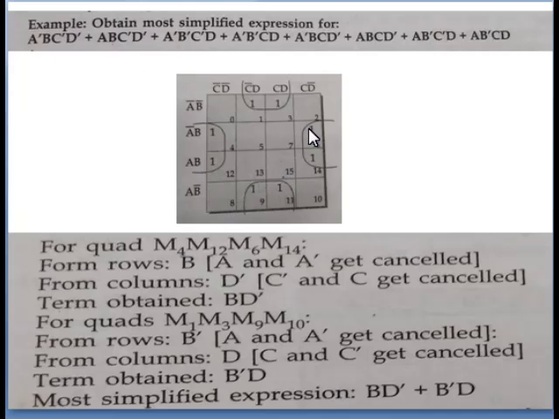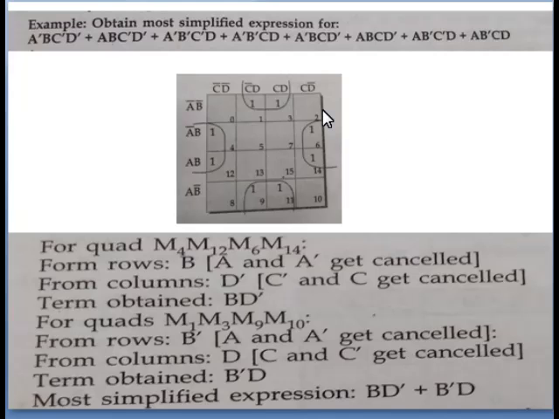Now we are going for the reduction. See, first we have to see if there is any way to make the octet by sharing the ones, or by grouping the ones, or by rolling the map. If we group, this is a pair, this is a pair, this is a pair, this is a pair. Okay, no way to create an octet here. Now the next priority, for the quad, we have to see if by folding the map we are able to make the quads.